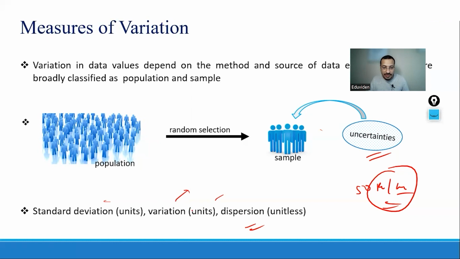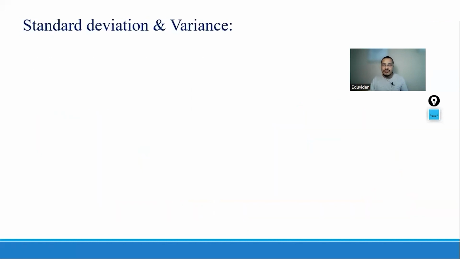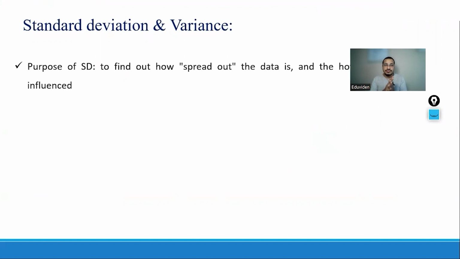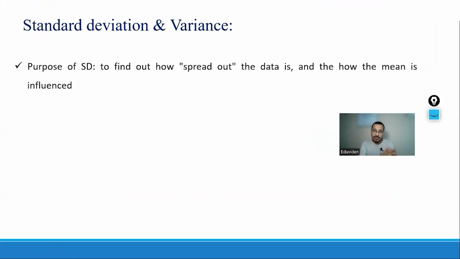Unlike these two parameters. Okay, that also we'll try to cover in detail using some examples. Now let's try to understand them using examples. So what is the purpose of standard deviation? Standard deviation's purpose is to find out how the spread of the data is, like how big the spread is or how small the spread is, and how the mean is influenced